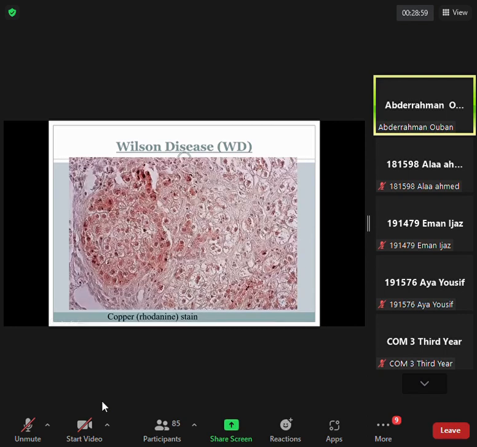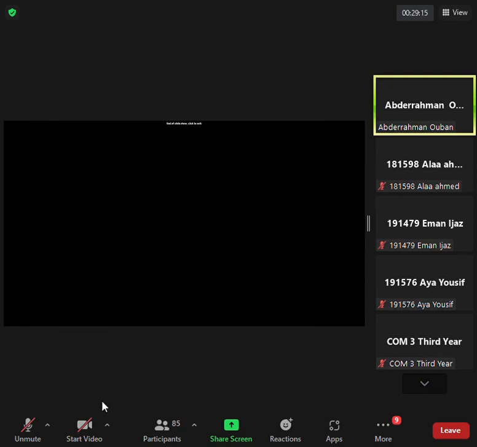Now before that, if you would like to see what is causing it, one of the stains that you may use is rhodanine, which is a copper stain. And if you stain that biopsy with it, it will light up with this brown color. All right, so eventually